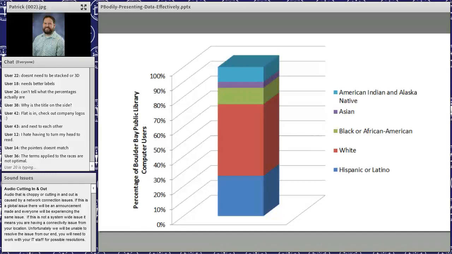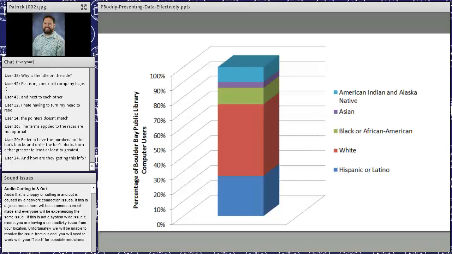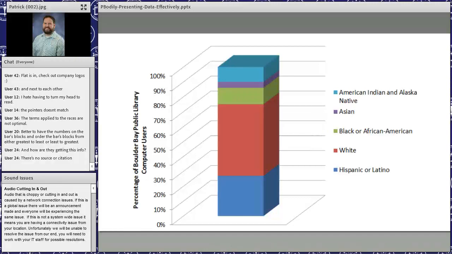Sonia also points out some problematic language that's being used. Okay, so ordering, if I'm understanding Karen better, ordering the blocks, since it doesn't need to be alphabetical, you're trying to tell a story. And we'll just pretend, since this is a pretend library, that they sent out a survey to people that were using computers. But again, I'm not 100% sure since this was totally made up by Ripple.